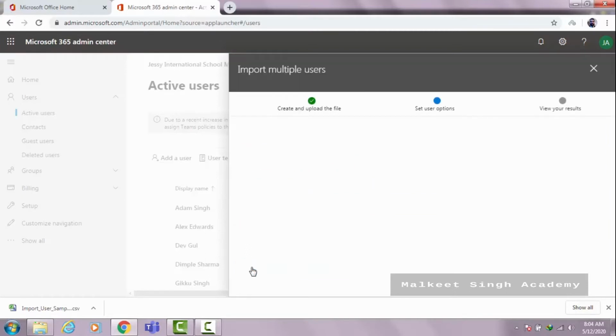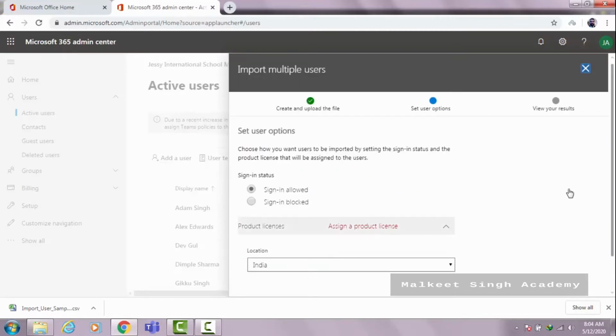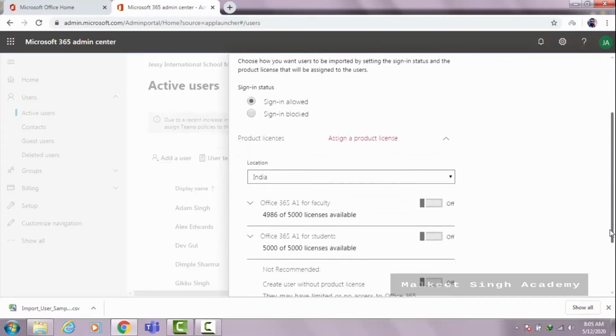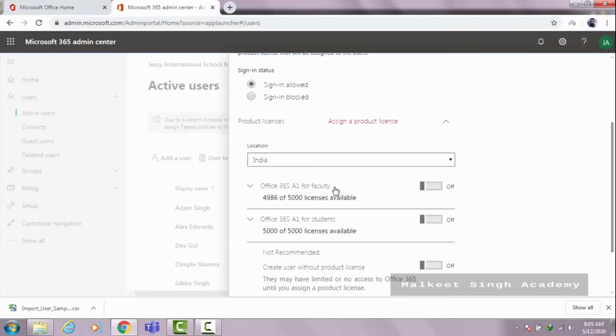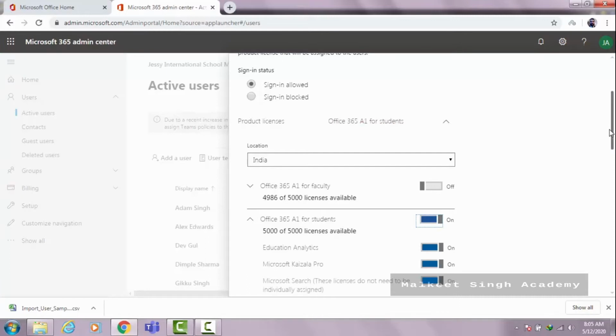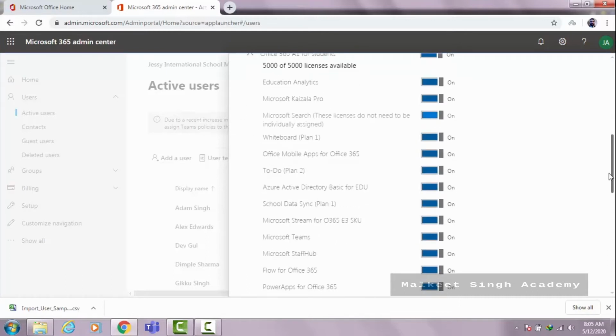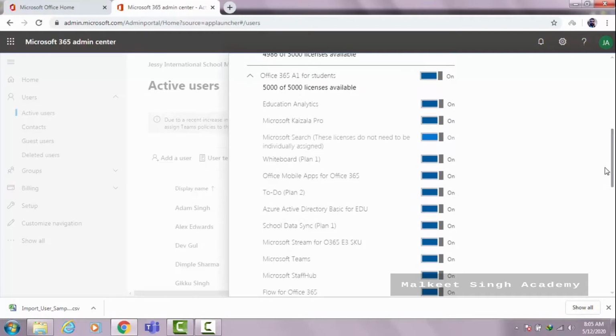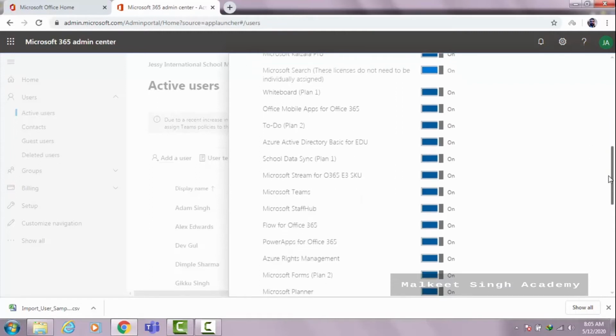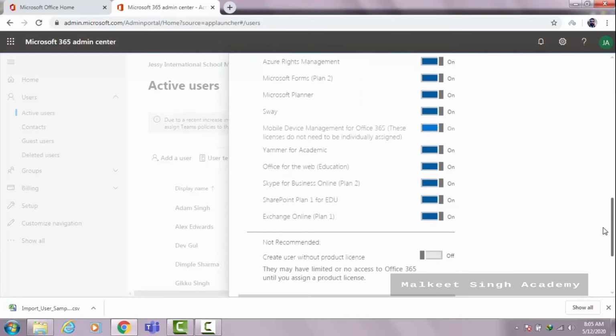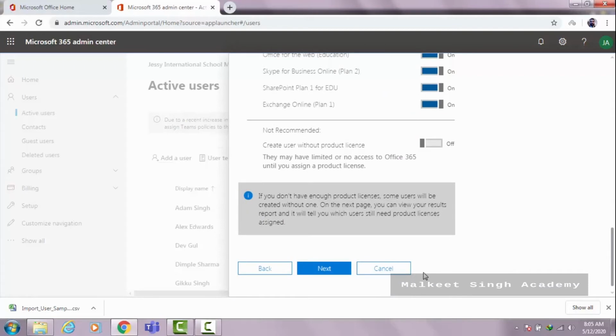We are adding students, so select the students license, as you can see here. You are not adding these members as faculty, you are adding them as students. So turn on this license, and later on, guys, it is very important that you put some policies on these students, because this is very important. Later on I will show you how to put restrictions, like students cannot chat with each other or make group calls, and all the restrictions that you don't want to allow for your students. So click on Next,